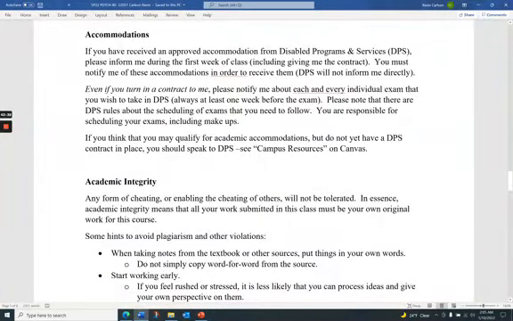If you have any accommodations for DPS, please let me know. In general, for a class like this, these will tend to be things that are related to test taking. So if you have test taking accommodations, and for an online class like this, it's typically additional time, please make sure that you take care of that through the DPS office. I cannot give you accommodations unless DPS officially has the paperwork and has processed it. So please make sure you do that.